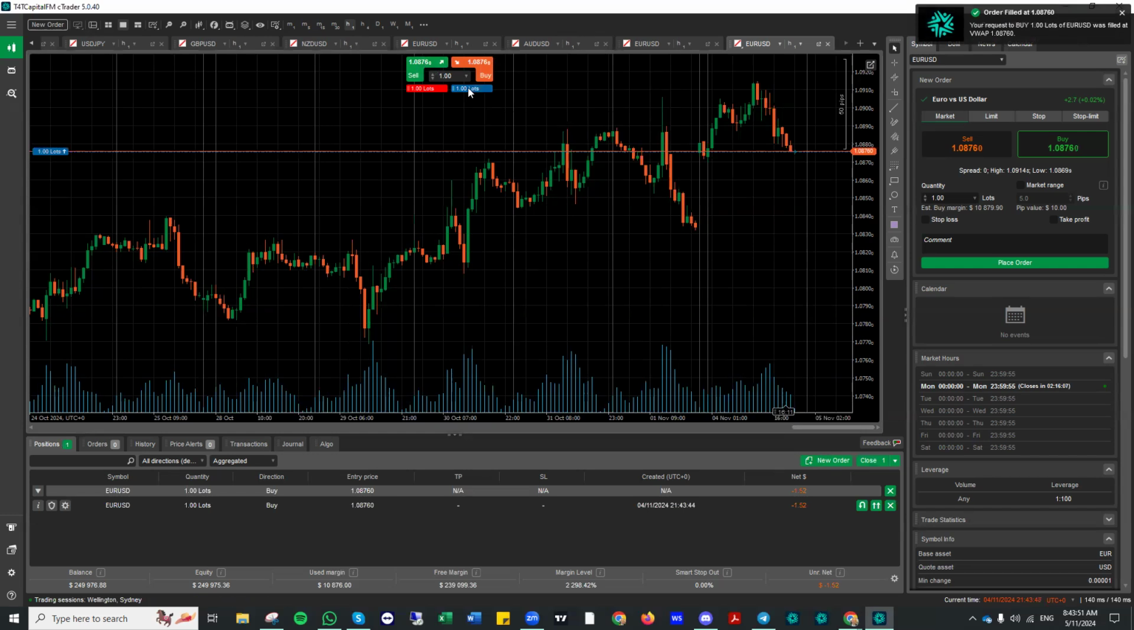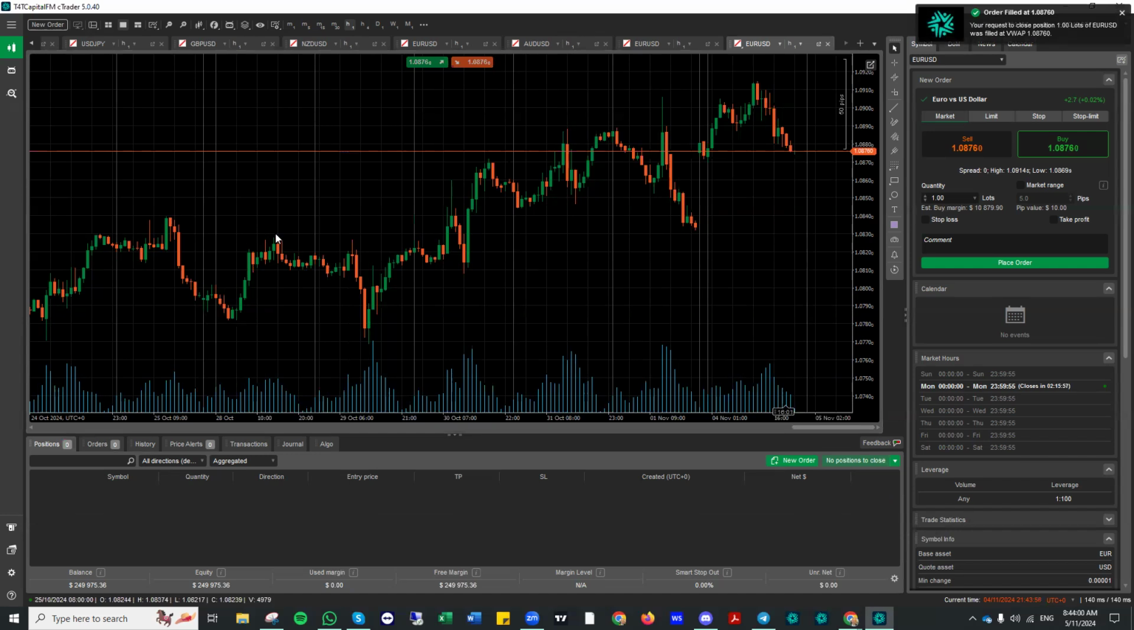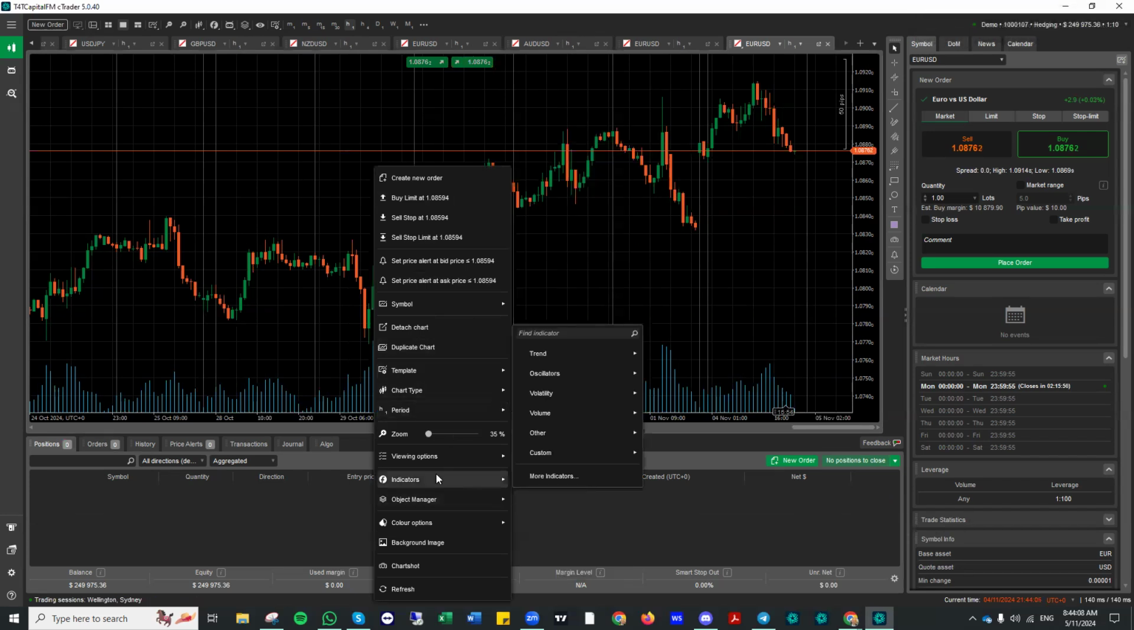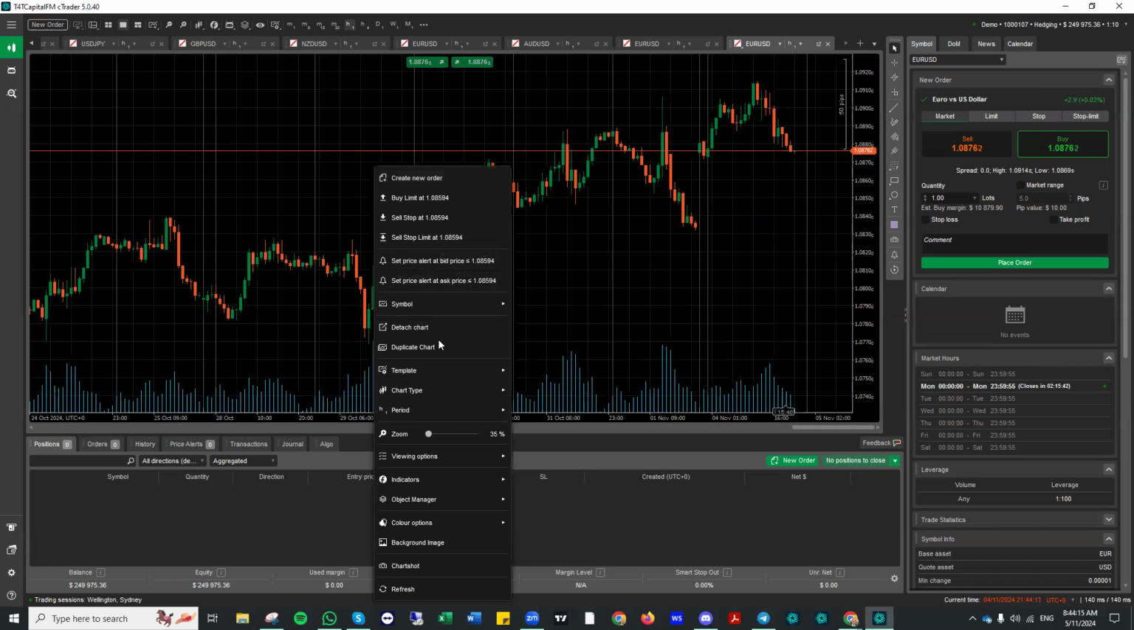Now, the lot size, you can set it for short or long. Once again, I'll just close that position out. Okay, now, first of all, let's just deal with the object down the bottom here, the object, the tick volume. So what I want to do is come up to my chart,